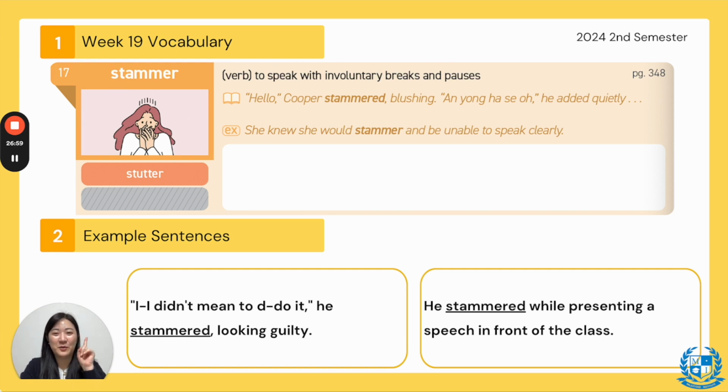Example, let's read together. 1, 2, 3. She knew she would stammer and be unable to speak clearly. Oh no, then we just need to practice. It's okay. Here it says, I didn't mean to do it, he stammered, looking guilty. Next one, it says, he stammered while presenting a speech in front of his class. So maybe he didn't practice enough for the speech competition or his presentation in class, and so he stammered a bit, which is often a sign of being a bit nervous or anxious about presenting. But as long as you practice,